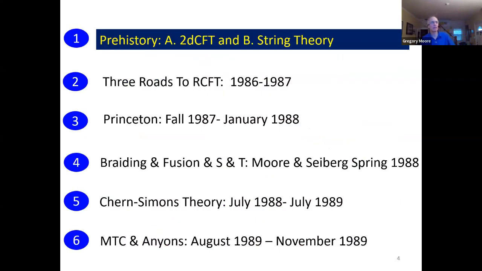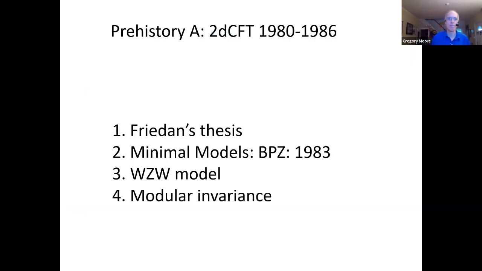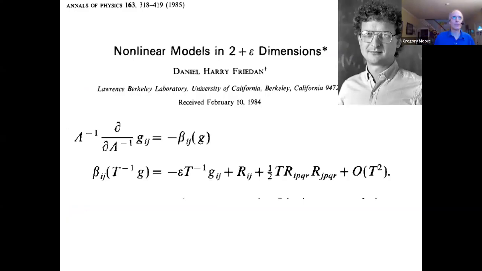So first I have to begin with some prehistory. And there are actually 2 strands of that prehistory: 2-dimensional conformal field theory and string theory. And as we've seen in the talks this week, those things are very, very closely related. So there are 4 aspects of 2-dimensional conformal field theory from 1980 to 1986 I want to recall, beginning with Dan Friedan's